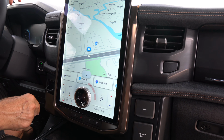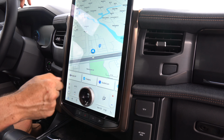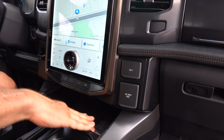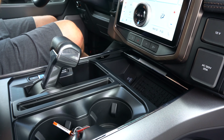And then of course we have 3 stages of heated seats and 3 stages of ventilated seats. I'm definitely leaving it on ventilated seats, dual climate, and a heated steering wheel. So they got you covered there. I like that wood finish, open sesame, wireless charging, USB-C, USB-A, and you could put about, I would say, 6